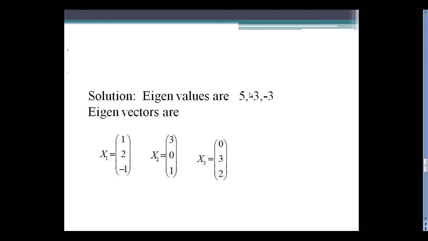So finally we got the eigenvalues 5, minus 3, minus 3. First we took 5 and found the eigenvector. For minus 3 we got 3 similar equations, so we have taken x1 equal to 0 and x2 equal to 1 and we got x2. And again for minus 3 we have taken x1 equal to 0 and x2 equal to 1 and we got x3. The 3 eigenvectors we have derived.